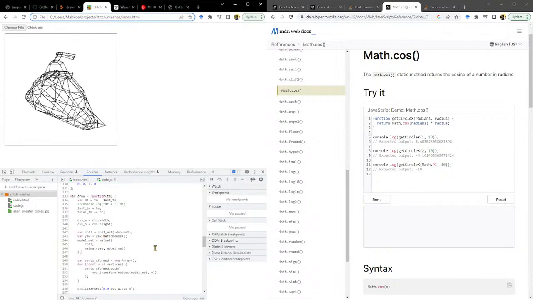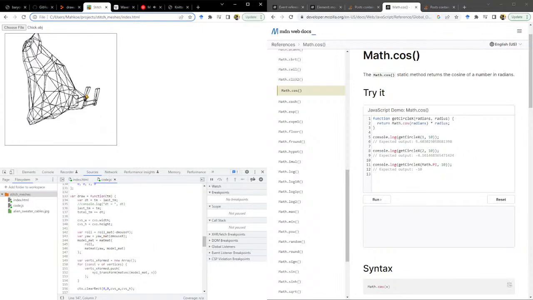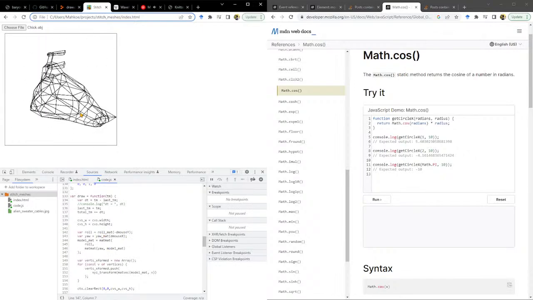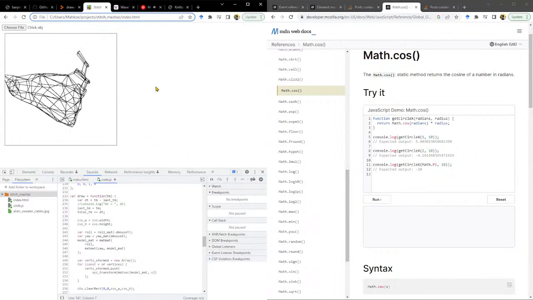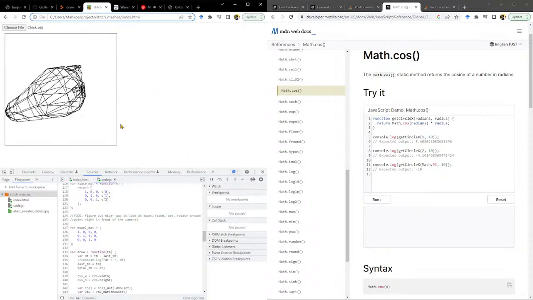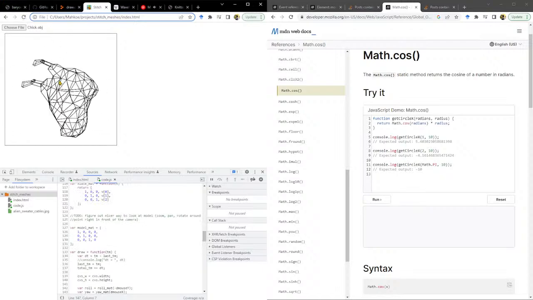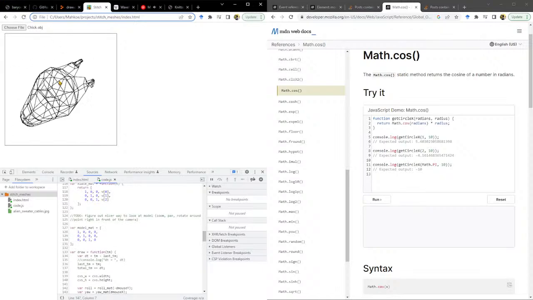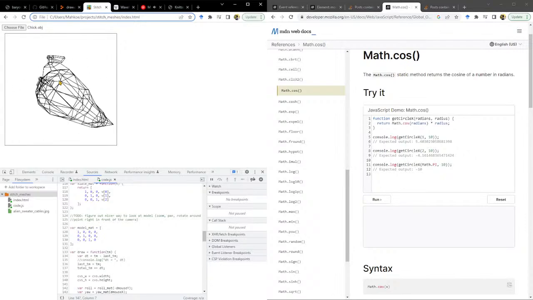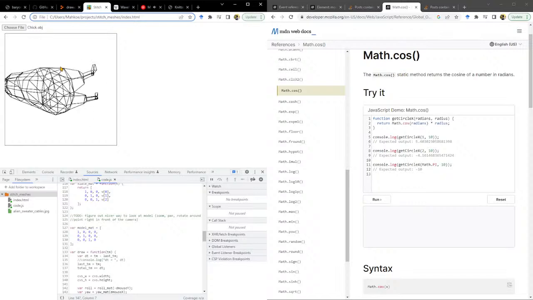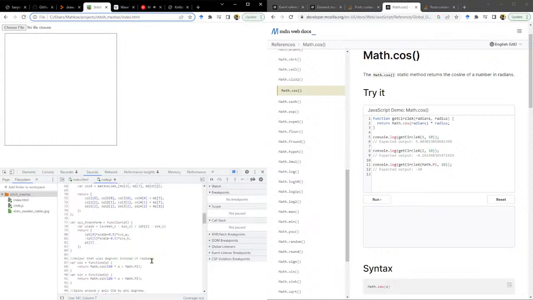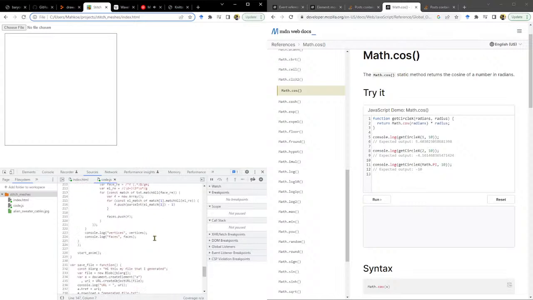Oh! Okay, well, something's going on here. Fascinating. Okay, stop. Stop. Okay, hold on. That should only be happening when I'm dragging, not